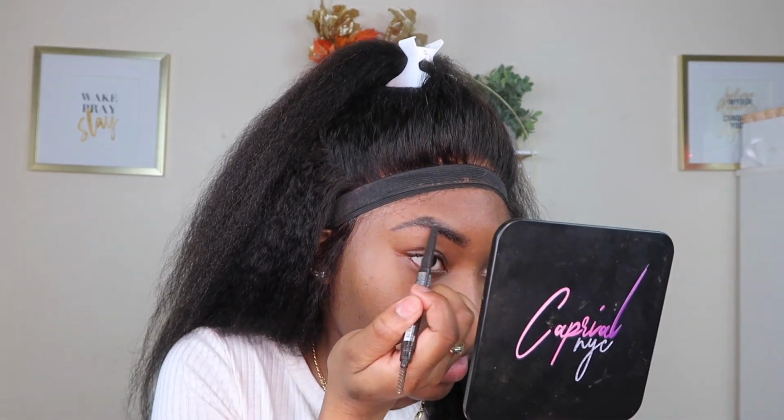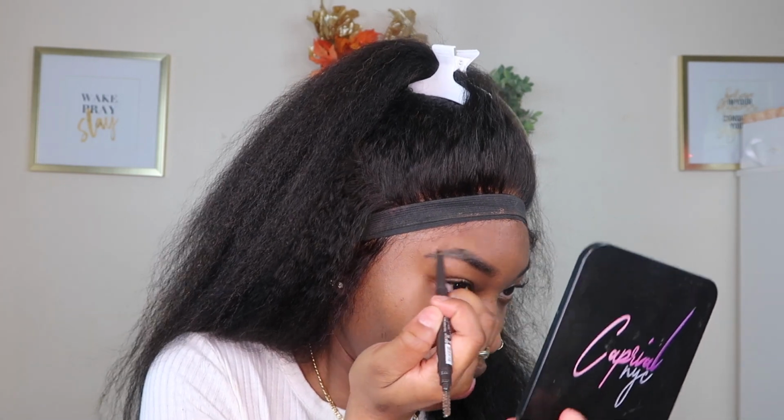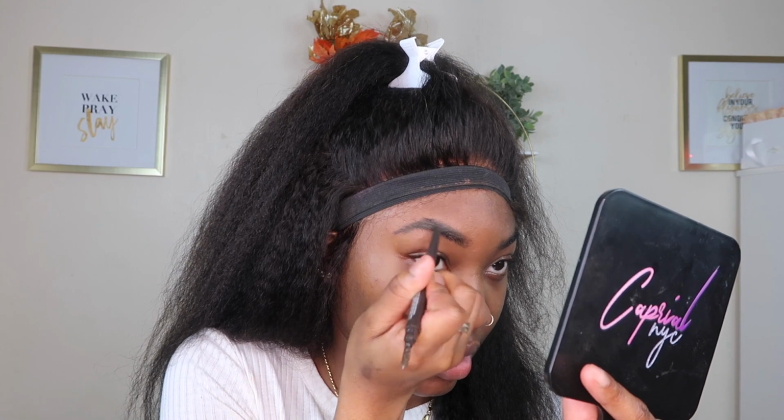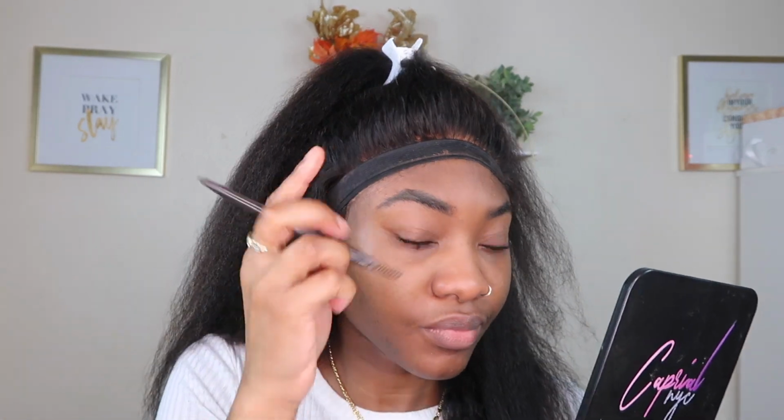So like I mentioned, my brows are micro shaded, but it's been over a year, and not to say that they're fading entirely, they're not, but I do like to still go in with a brow pencil and just give it a little bit more shaping and darken it just a tad, like just a tad, because at the end of the day, micro